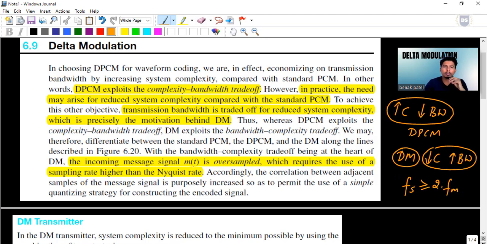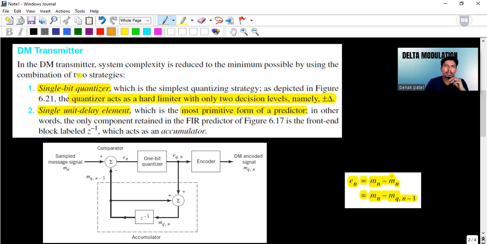Here, because we need to oversample our message signal, we can remove the equality sign and use a much greater than sign. So we have to use a sampling frequency much higher than the Nyquist rate. Now let's go through the transmitter part of this delta modulator.